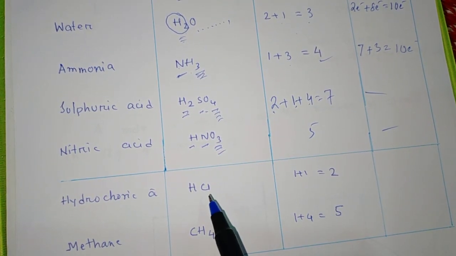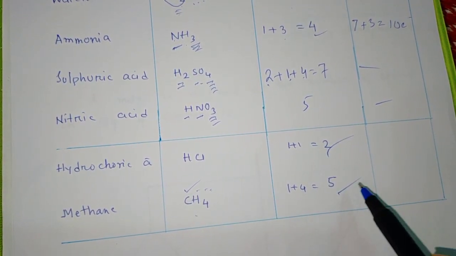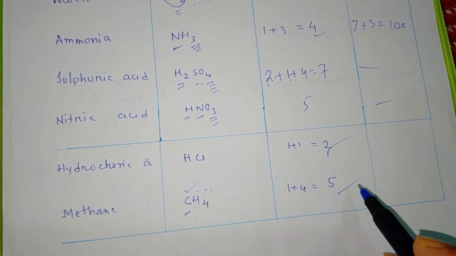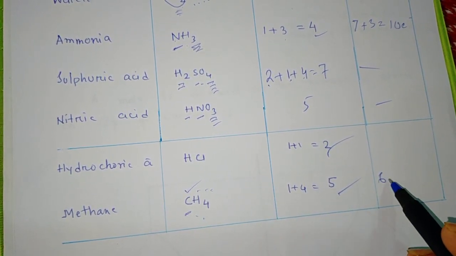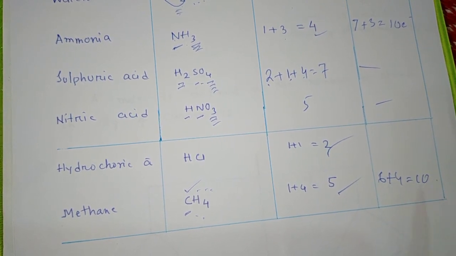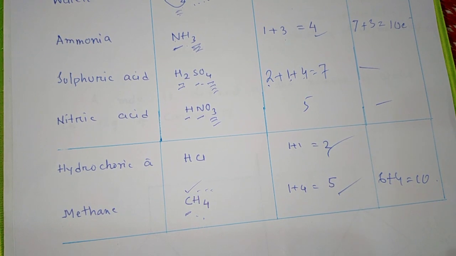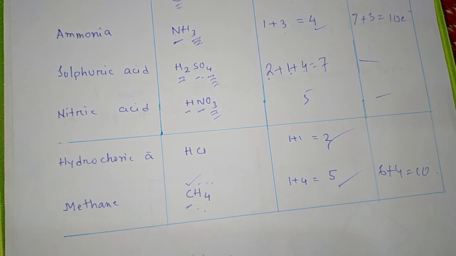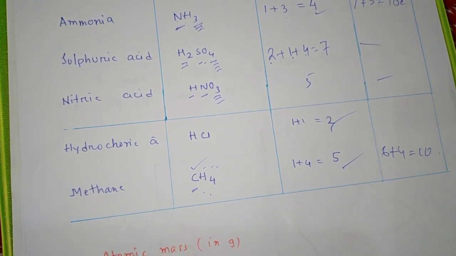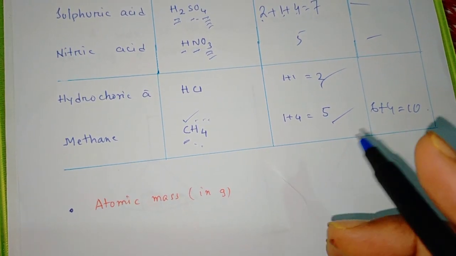Now in HCl, 1 plus 1, there are 2 atoms. CH4, 1 atom of carbon, 4 atoms of hydrogen, 5 atoms. Now if you want the number of electrons in case of CH4, carbon has 6 electrons, plus 4 hydrogen, 4 electrons, so 10 electrons. So like that, you need to know about some compounds, because when you do the mole concept, you require the knowledge of these compounds. These things you have to write, whatever they are, in the table. All these things, whatever is in the lecture, you have to write, then it will be easy for you.